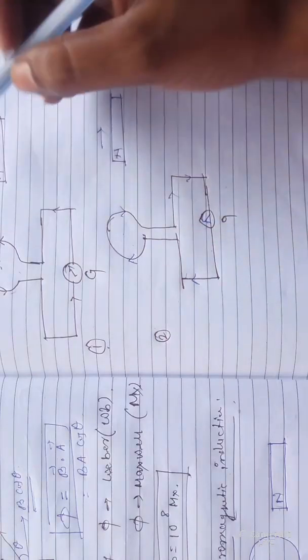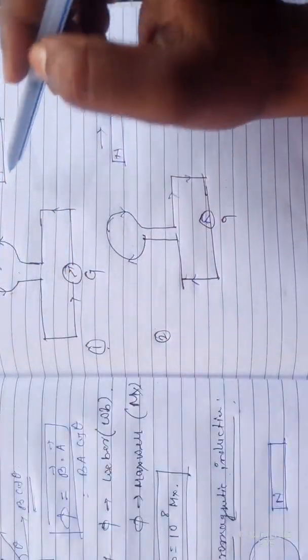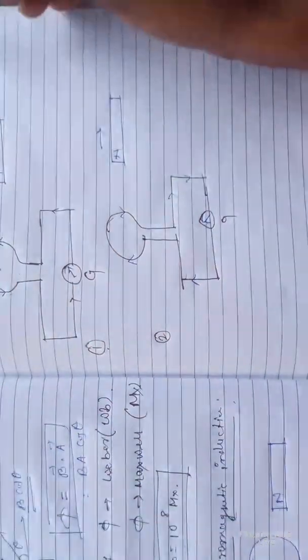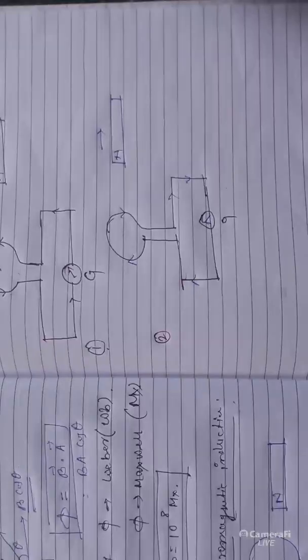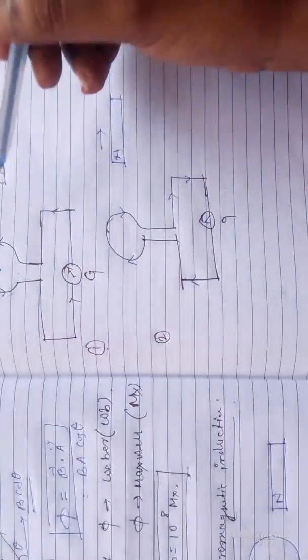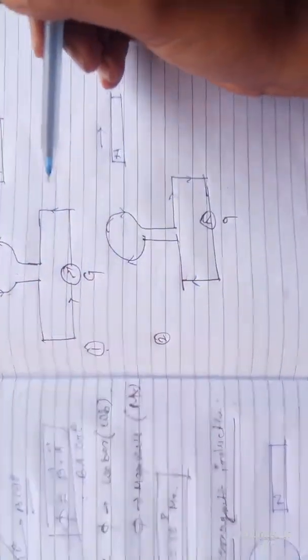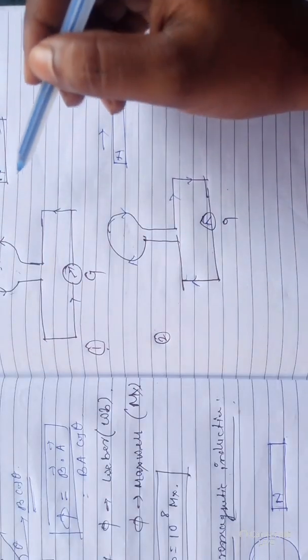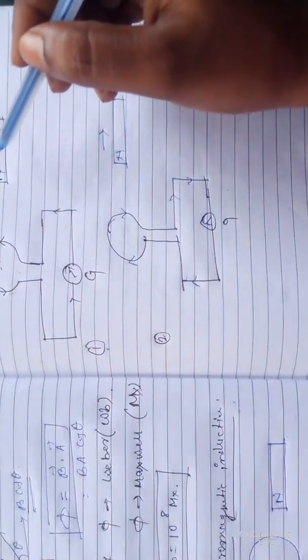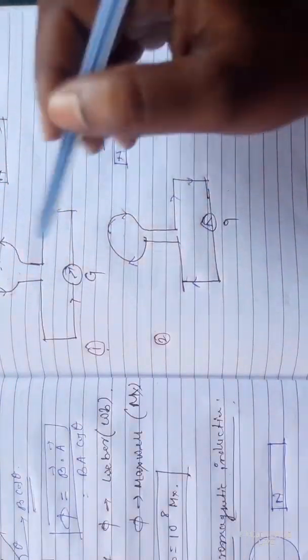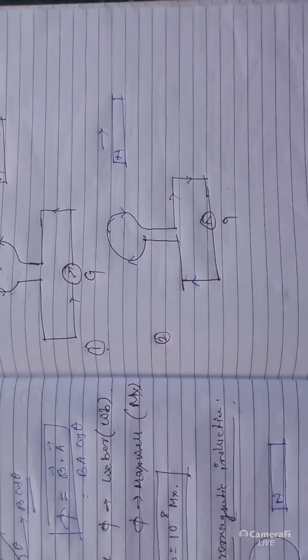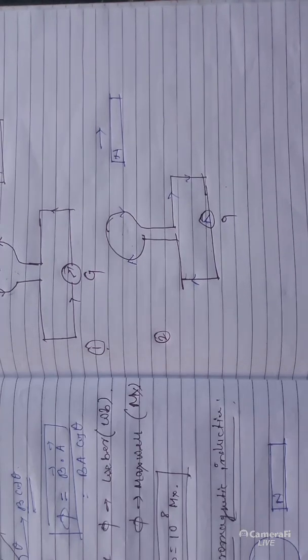So what is Lenz's law? According to Lenz's law, the induced EMF will be produced, and this is conservation of energy. Without any physical contact we induce this EMF, and we have to do work to move the magnet away from the loop or towards the loop. So we have to do this work. This is the law of conservation of energy. Clear?